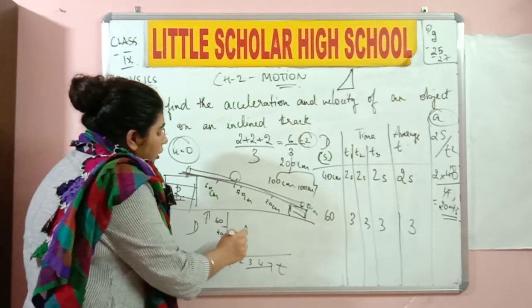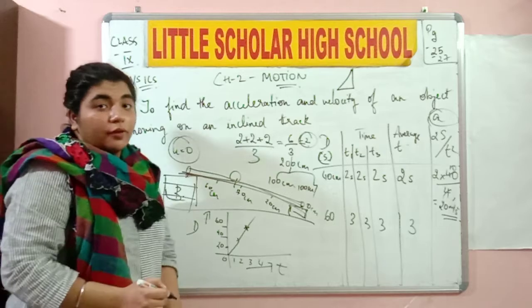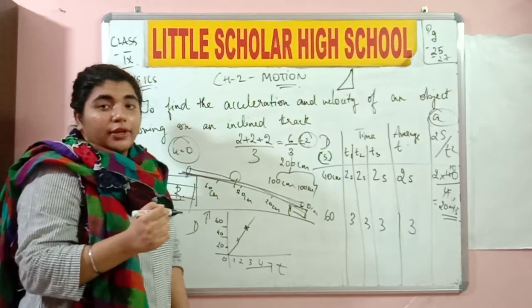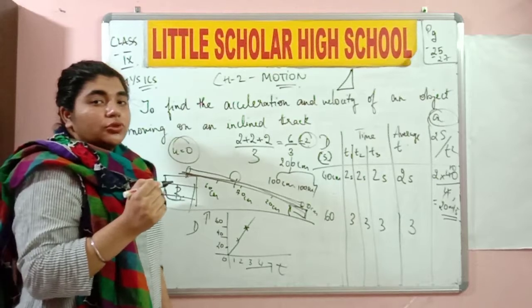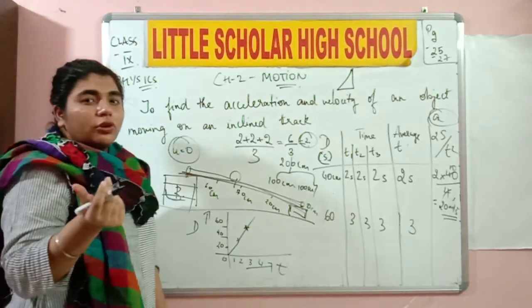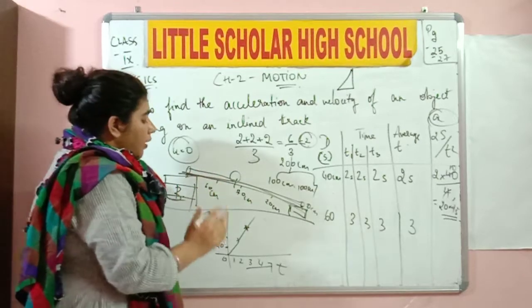So what can you understand from the graph? It is a straight line graph. Yes or no? It is a straight line coming from the origin. What does this show? That the marble was moving in a uniform motion. Do you understand? Also, now we have to understand